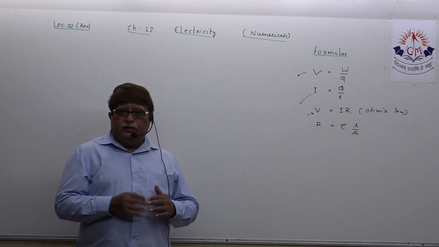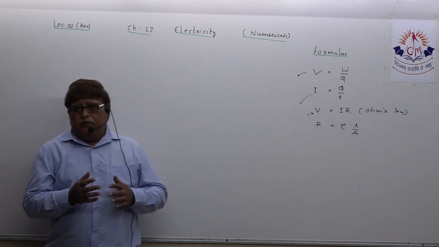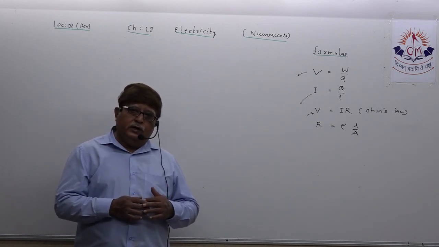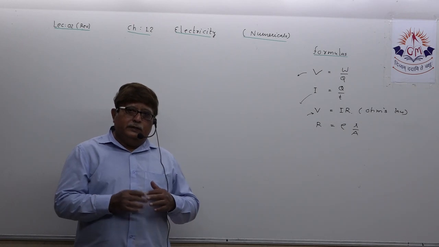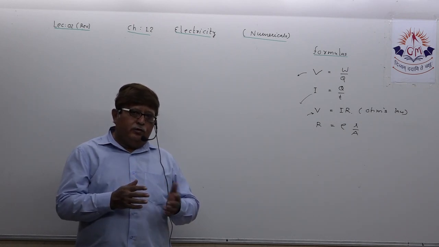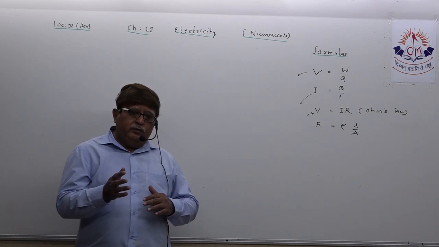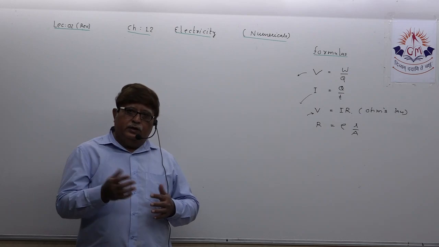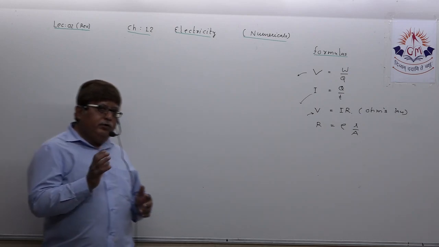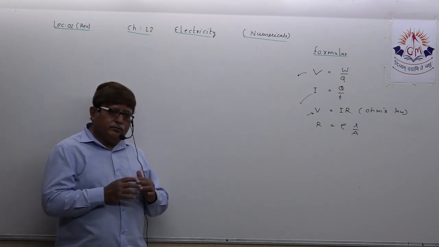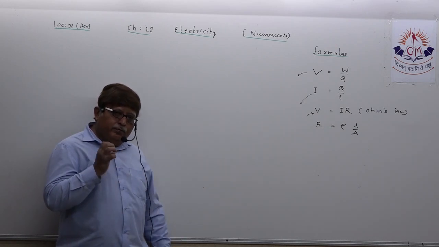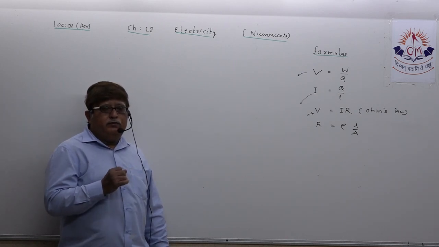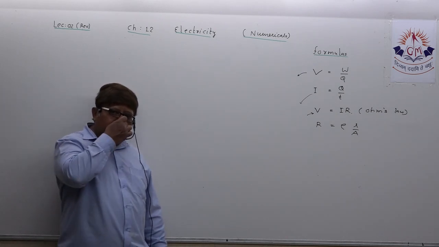Because it doesn't happen that the same numerical or same type of objective can be asked to you in the board exam. They may twist the MCQ in any way. They may make changes in length and area of cross section in any way. So if you are very sure about the particular method to be applied in solving such numerical, it will help you a lot.